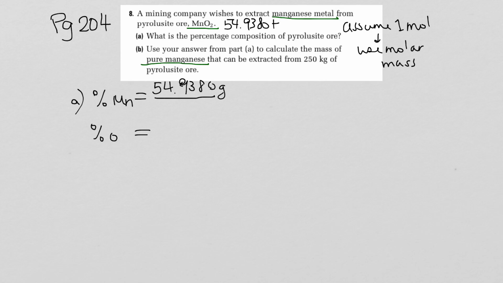Plus, there are 2 oxygens, so it's 2 times 16. That gives us 86.938. So that's the total mass that we can use. 86.938 grams. Times that by 100%, and that gives us